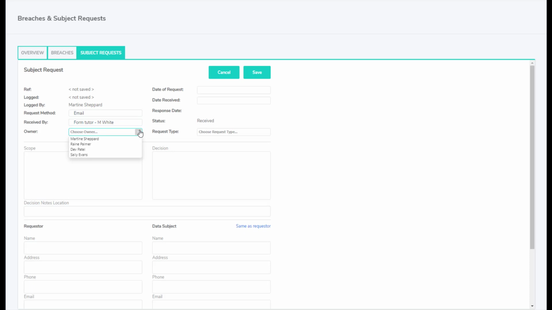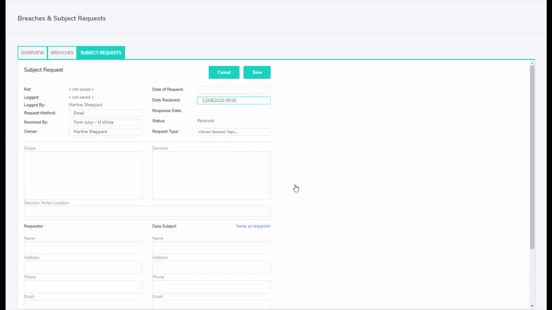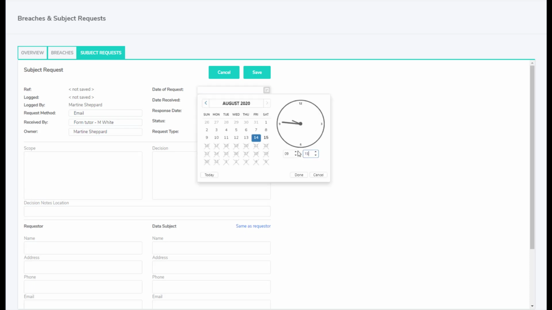So in this case, I'm going to select myself. The date received is when the email arrived in school. So we're going to say that it was Wednesday. The date of request is the day the form tutor opened the email, which is today,